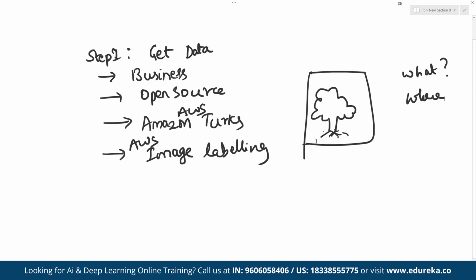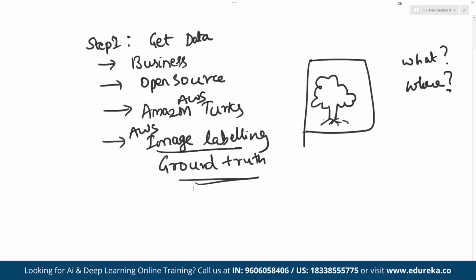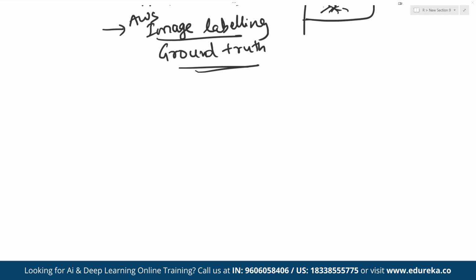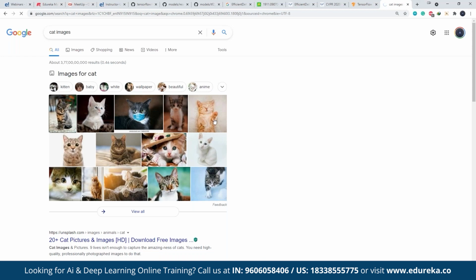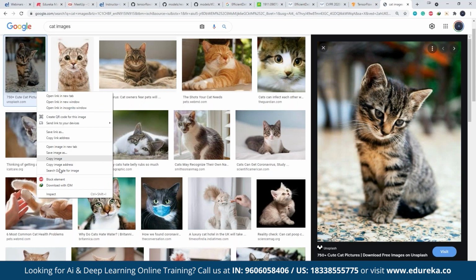If I want both, what and where, then my training data should have these two things. If I'm building a classifier which can detect whether my given image has a cat or not, and if the cat is present, where exactly it is, then my training data